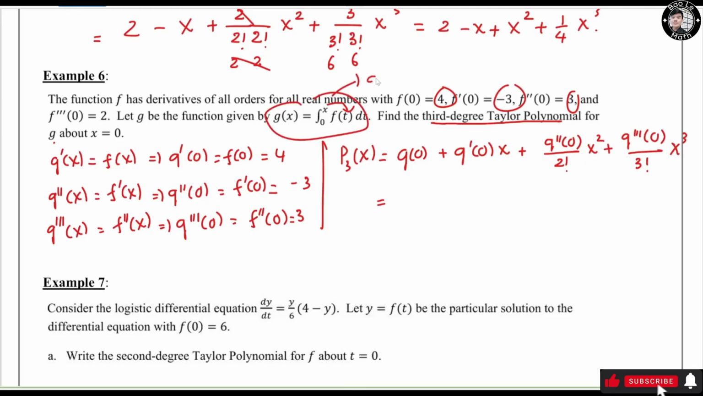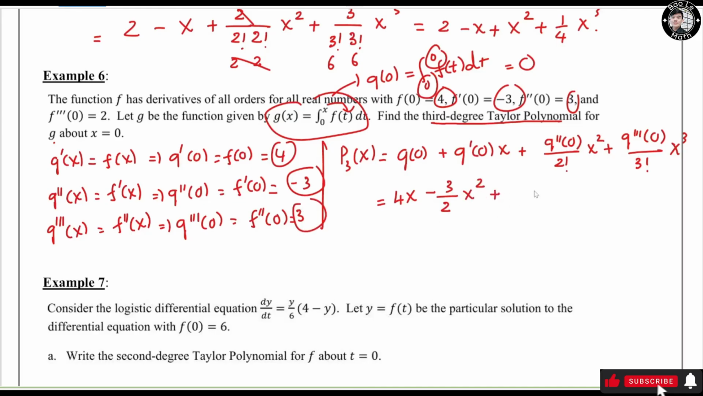right here, g of 0 equals the integral from 0 to 0 of f of t dt. This guy and this guy are the same, so the answer must be 0. So this one equals 0. g prime of 0 equals 4 right here, so you have 4s. g double prime of 0 equals negative 3, so minus 3 over 2 factorial equals 2s squared. g triple prime of 0 equals 3 right here, so plus 3 over 3 factorial, which is 6, so 3 over 6 could be 1/2,